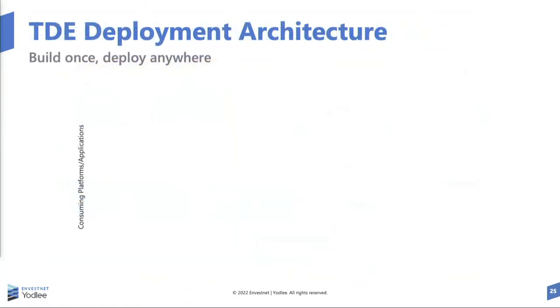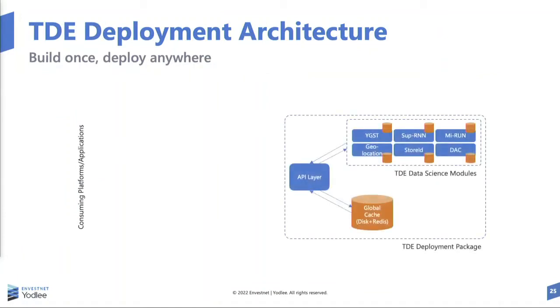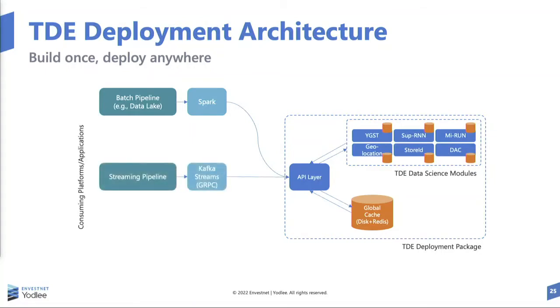So quickly, touching on the deployment topology. We have 3 different use cases, right? If you look on the right side, that's an architecture of how TD is deployed through an API. We have a batch way of deploying it, a streaming pipeline way of deploying it, and a real-time APIs way of deploying it. These are 3 very different use cases, for 3 different lines of business.